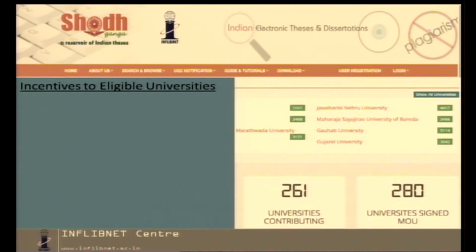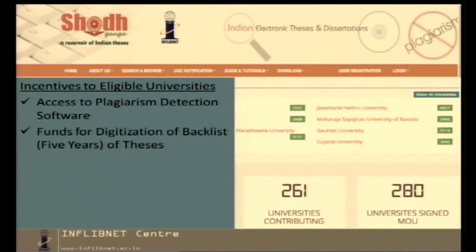One is that we provide them funds to set up an electronic thesis lab in their institution, which basically means that they create an infrastructure with PCs, where people are able to cut their thesis down into different chapters and add some more flavors to it. Basically, when you submit a thesis in electronic format, you can do things which you have not been able to do in print format.